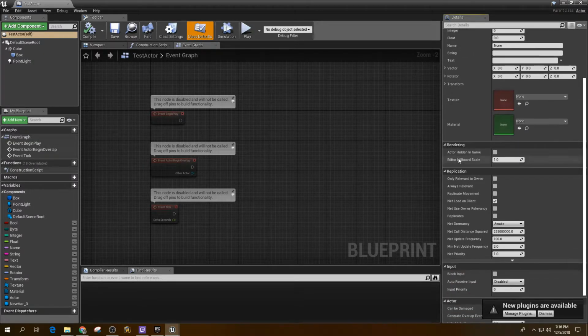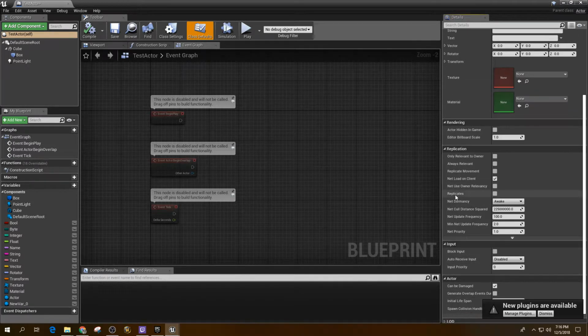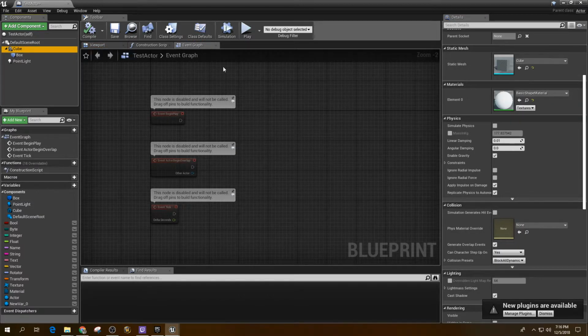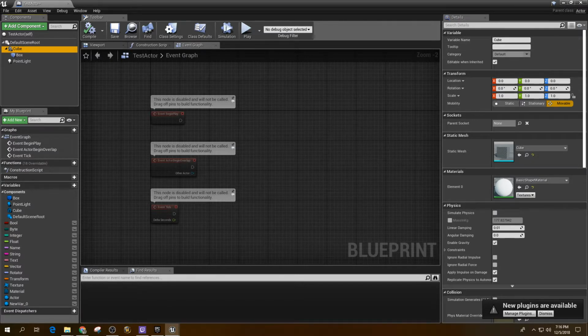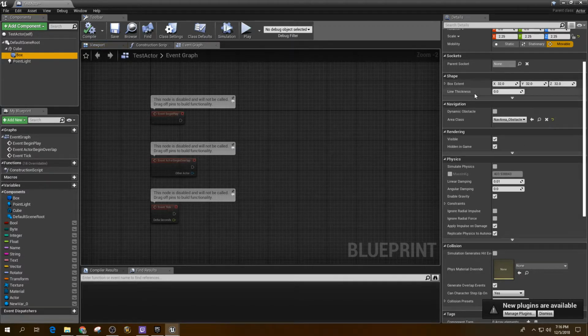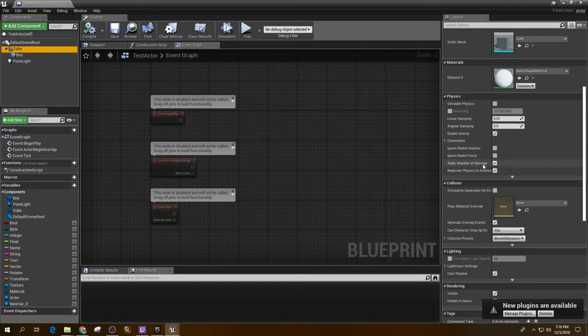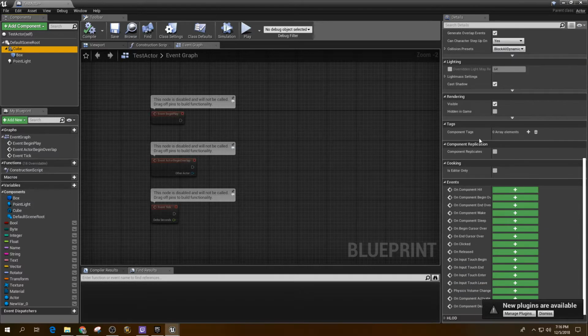Down on the side here, there's going to be a lot of other information regarding this specific class, like replication, rendering, input. When you click on things like a cube, this is a static mesh component, and a static mesh component has its own details, and everything has its own details. Like the light is going to have its own details, its intensity, its color, all these things. The trigger box is going to have its own details. So if we were to click on the cube again, you're going to see that it has a static mesh. It's also going to have a material here that you can change, and physics, collision, lighting, rendering, all these things,